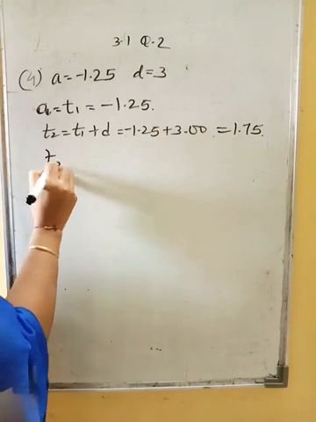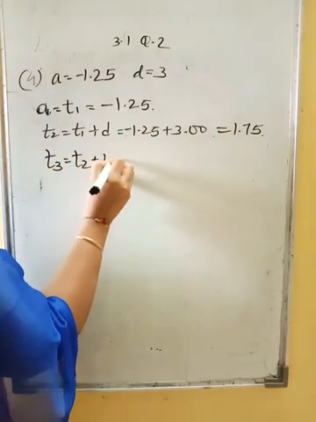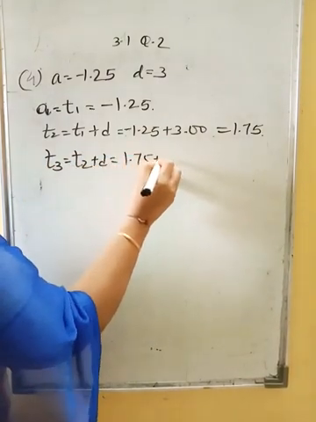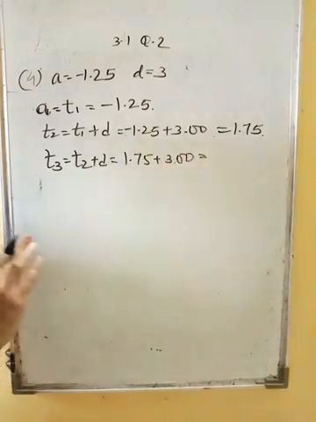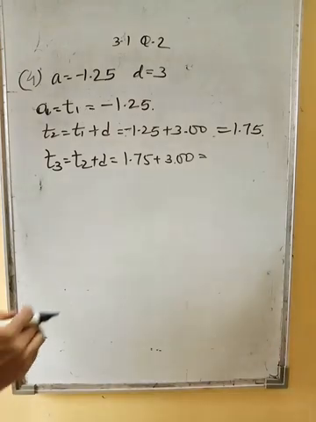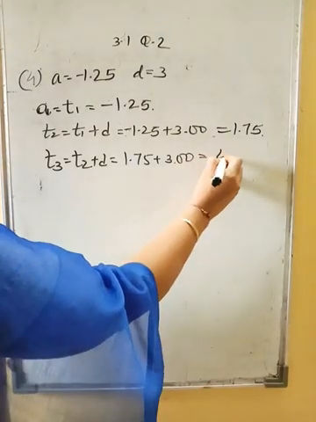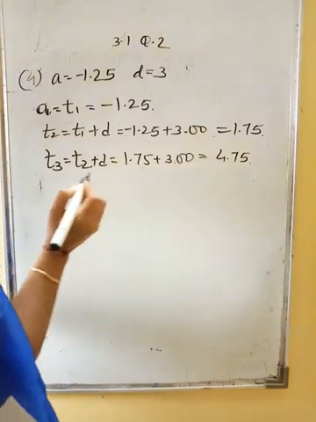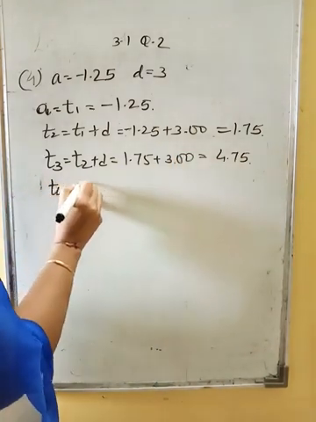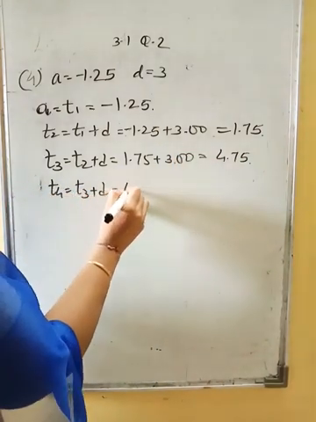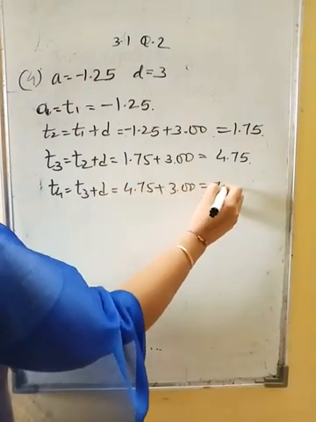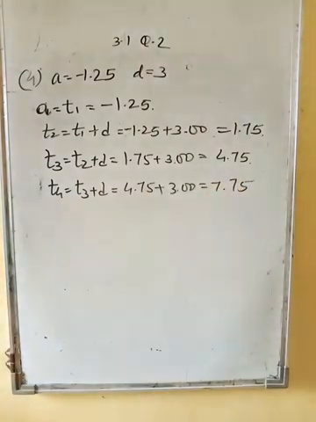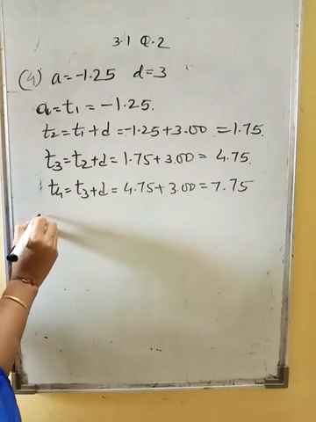Now what is T3? T3 is nothing but T2 plus D and that is 1.75 plus 3. Okay, 3.00 only you write down. So decimal point no problem, it will be 4.75. And now T4 will be T3 plus D. So that is 4.75 plus 3. So that is equal to 7.75. So now 4 terms we have found. So we can just put it here as